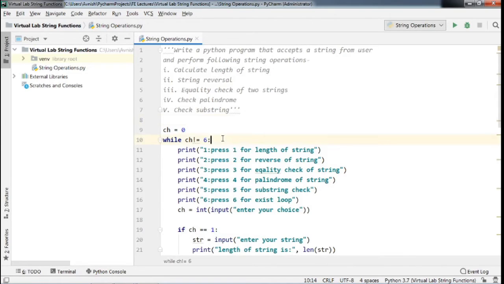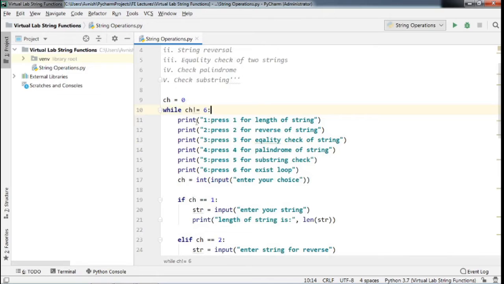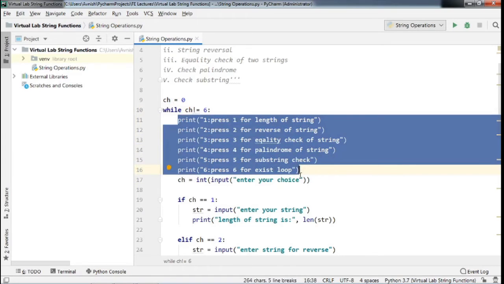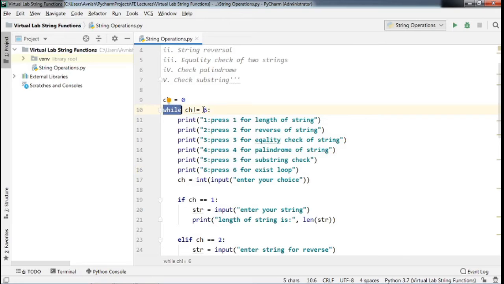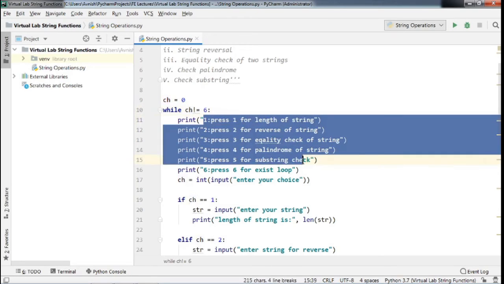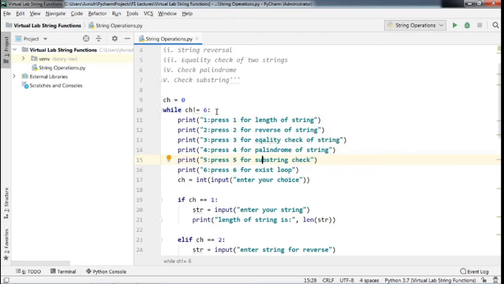Now we are going to implement this assignment using the while loop, because we have to repeat this operation continuously. So I have taken these steps in a looping statement. There are a total of 5 functions we have to perform in this operation, so I have taken these operations in printf statements. We will make this a menu driven program.